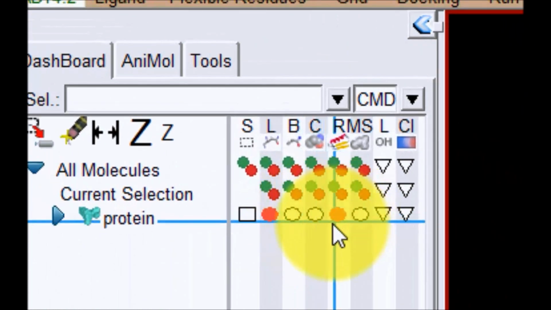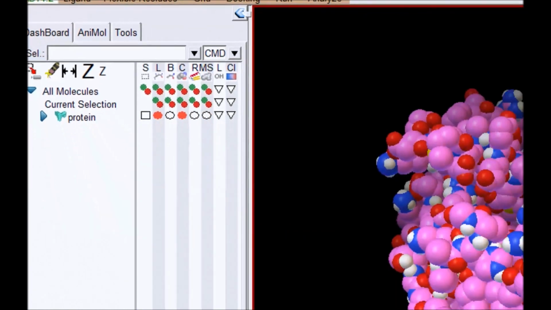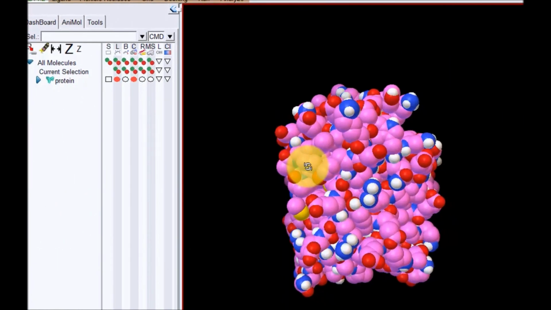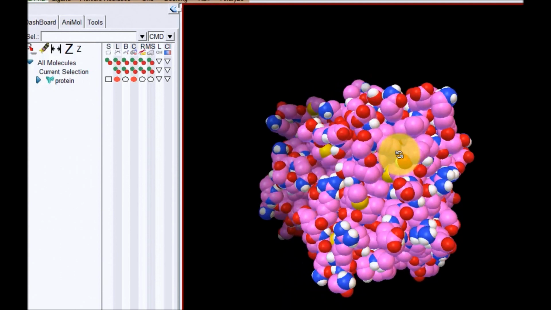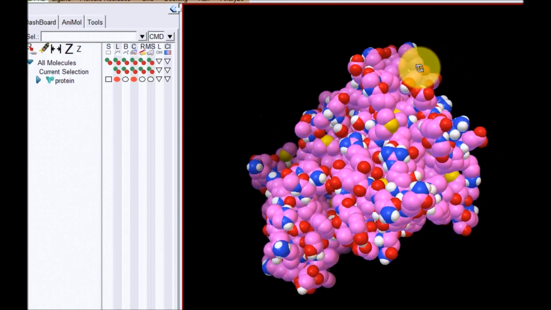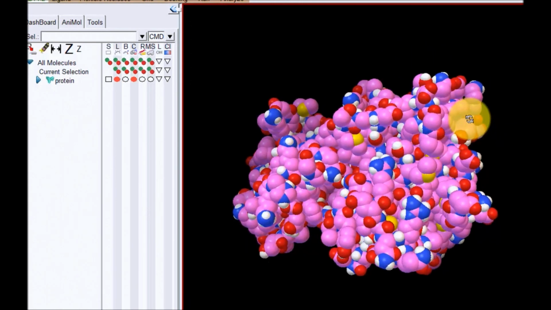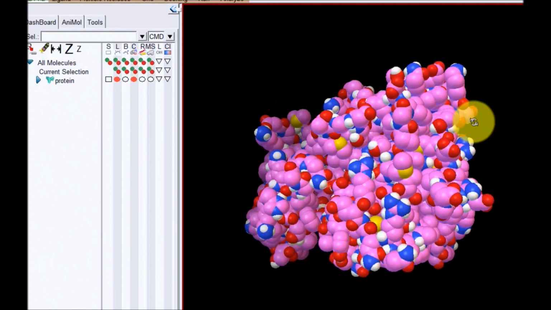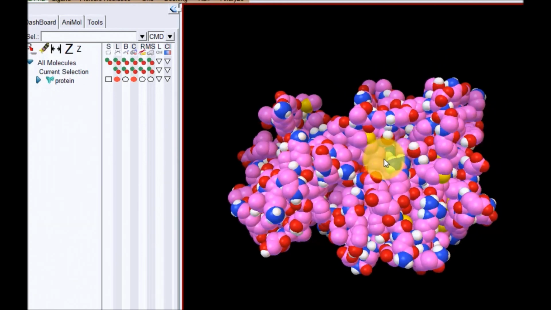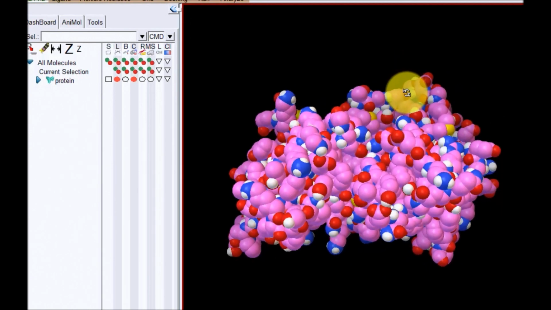Let's look at the other things while we're at it. This is the spherical representation, where every atom is represented by a spherical ball. You can see the pinks are the carbons. The yellows are the typical sulfur, so there's a methionine, cysteine here, there. The blue are